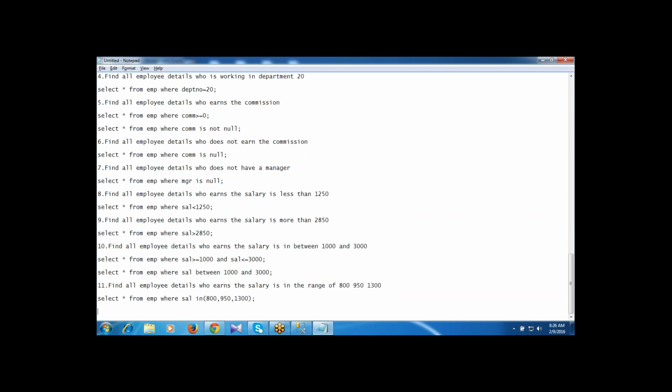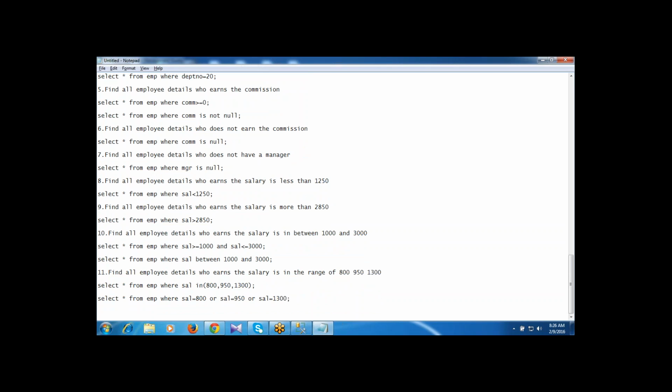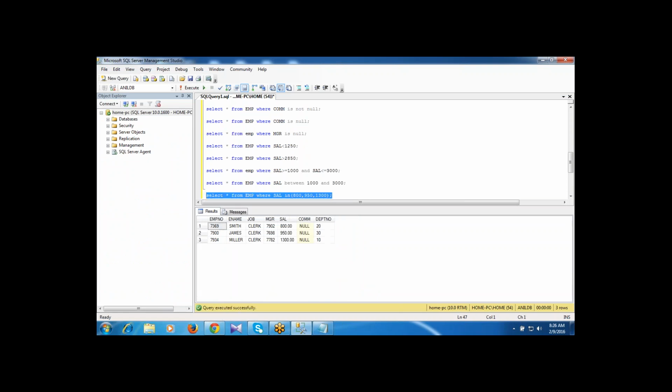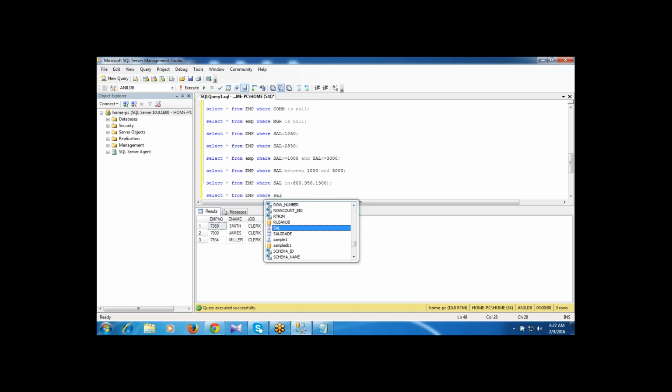We can write the OR operator also. Select star from EMP where salary equals 800 or salary equals 950 or salary equals 1300.